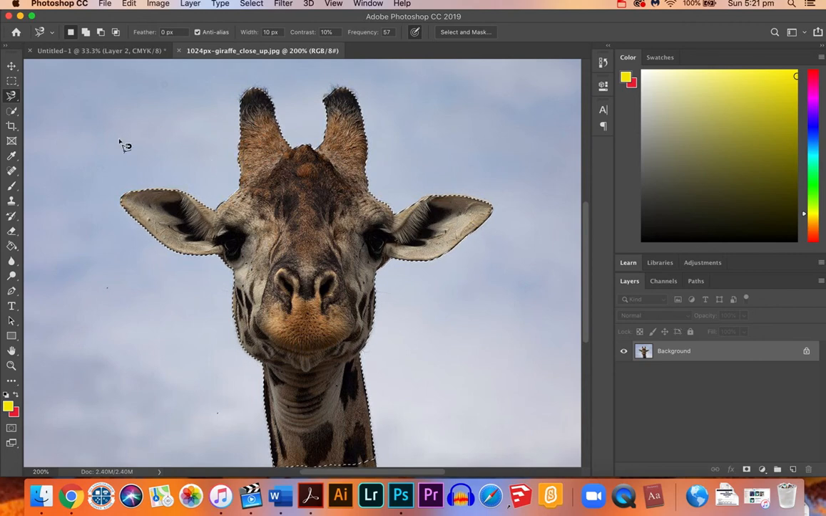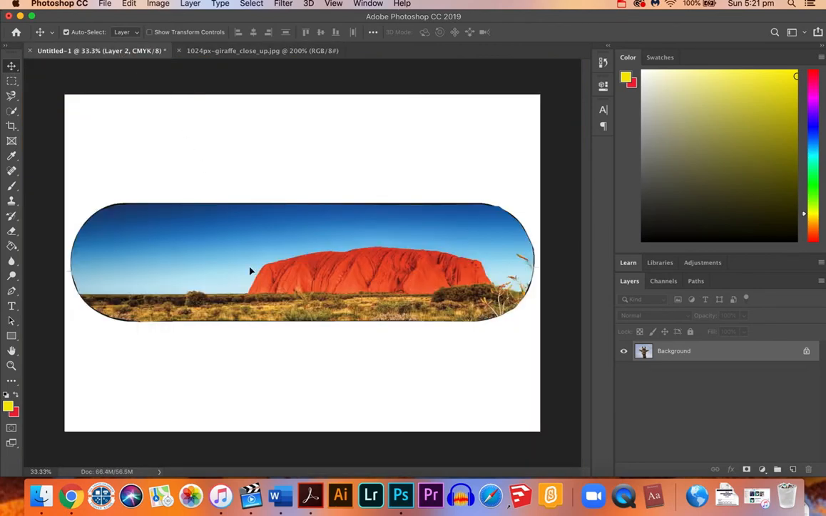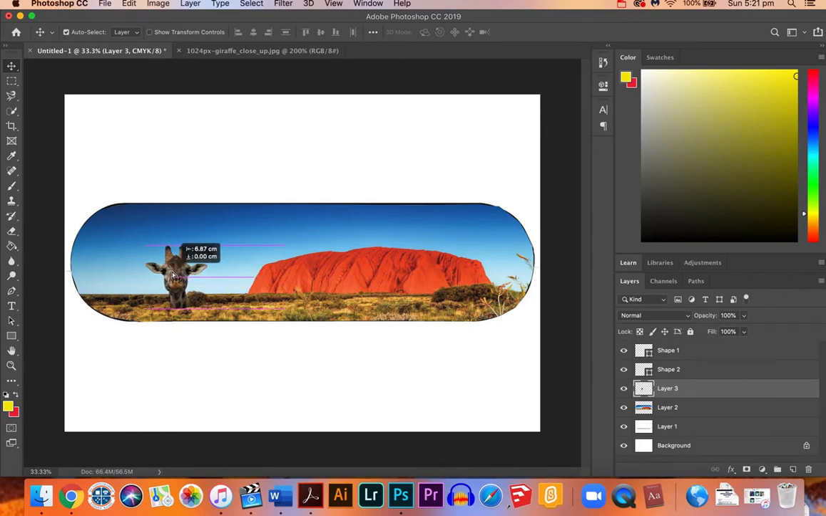So we're going to move this onto our skateboard now. With the move tool selected up the top, we drag it up and drag it back down to here. Okay, so as we can see, it's on top here. And the reason it's on top